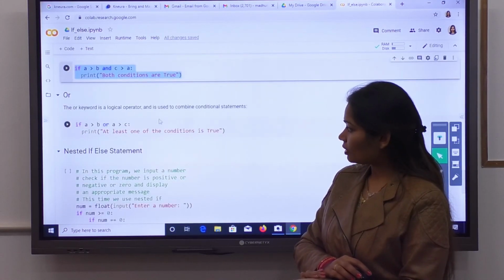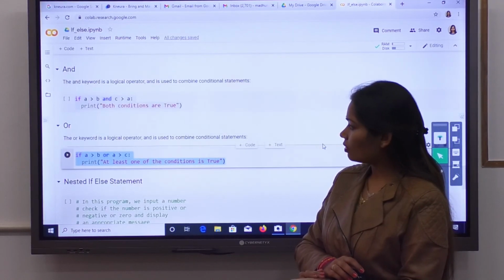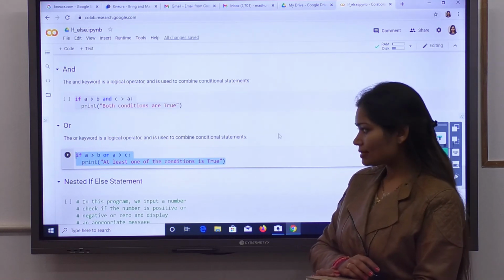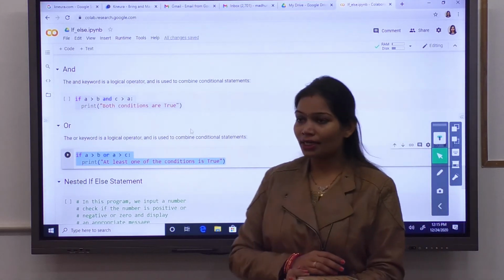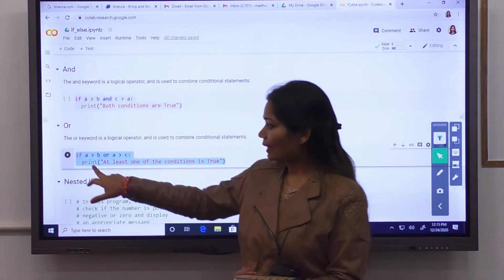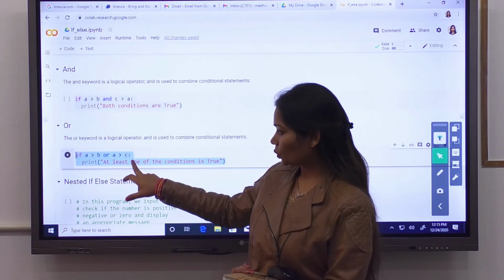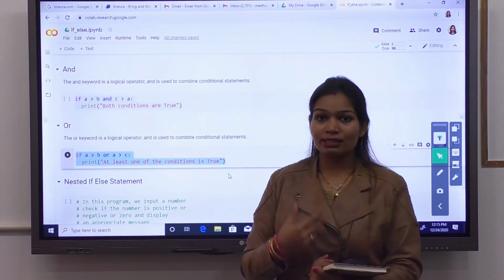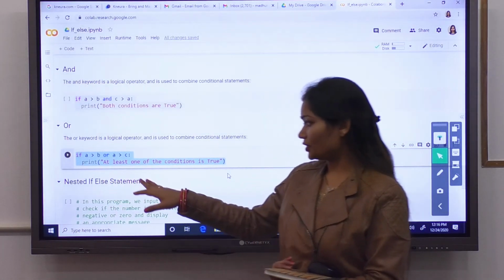What about the OR keyword? The OR keyword is also a logical operator and it is used to combine conditional statements again. But what about OR? If at least one condition is true among condition 1 and condition 2. So if we are writing if condition 1 OR condition 2, whether condition 1 is true or condition 2 is true, at least one condition should be true.